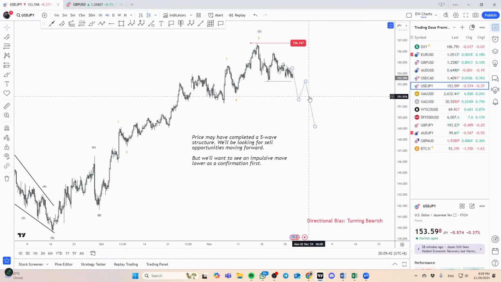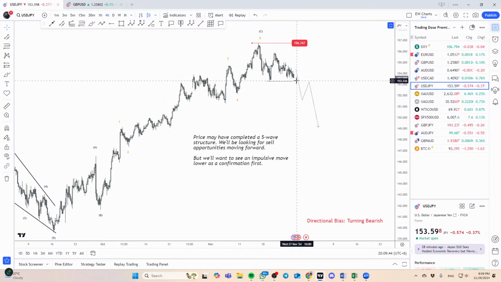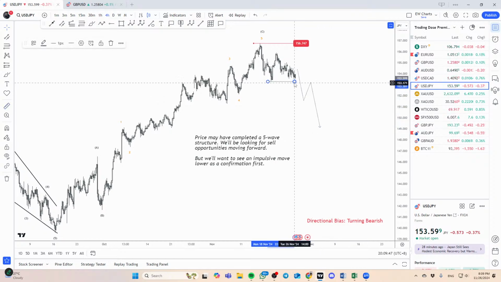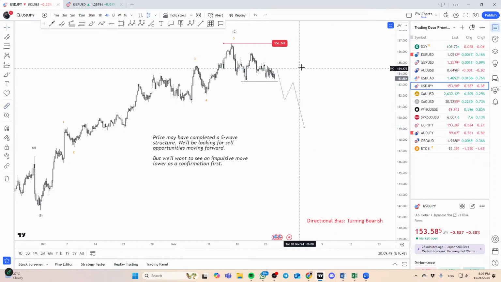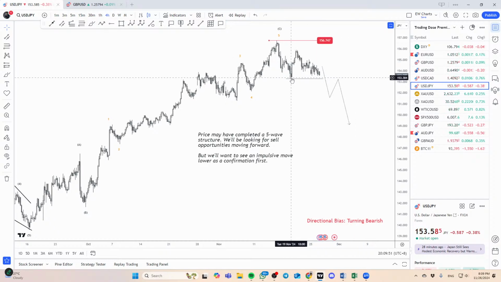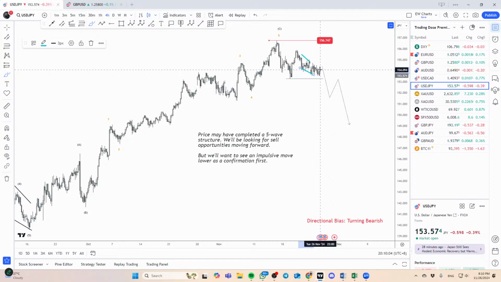Then for dollar yen here, it's turning bearish. The confirmation I think is quite obvious. Okay, it will be that swing low. As of now, I don't really like how price is actually coming down, right? It seems like very, very corrective in nature. But hard to say because we might actually see this suddenly just drop, and this can be kind of like an extended 1, 2, and then internal 1, 2, 3, etc. Okay.